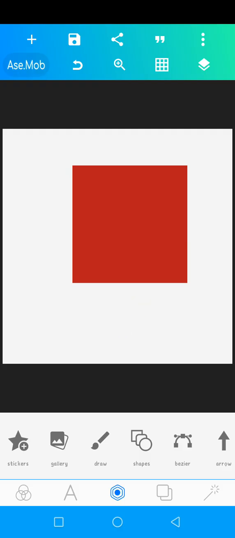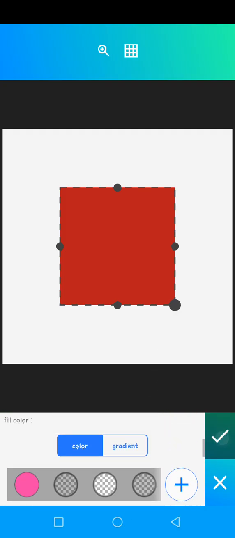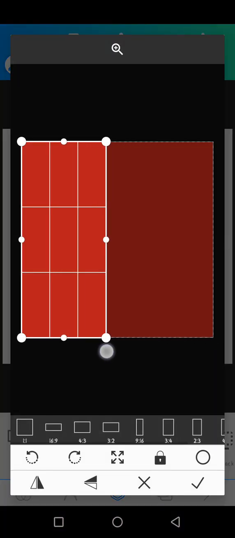But when we tap on this element now, it shows another icon again, similar to the text icon, but there are some icons here that are not in the text. Now this icon here is to edit the shape, like I've shown you before. This one is to delete, this one is to crop it,